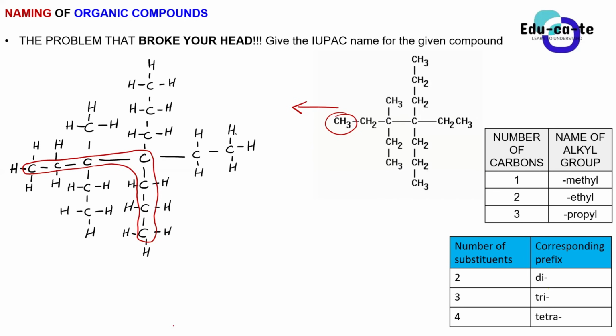Yes, Vandisile. I don't know if we should try Sam's first. I wanted to name the longest chain. Okay, so let's try Sam's first. So Sam says he took it from top to bottom, like literally this one, right? Is it this one, Sam? Yes. Oh, so this is your parent chain.